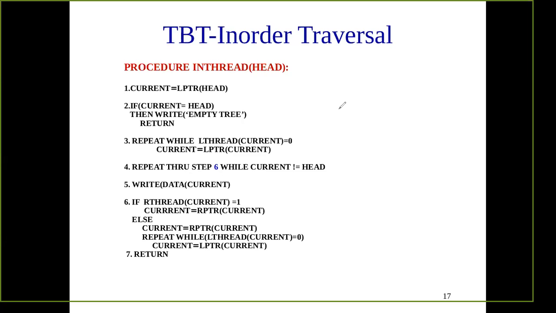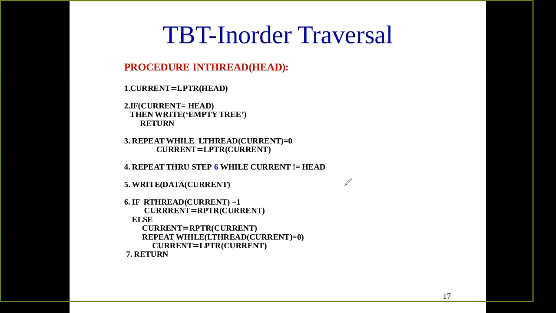So we are coming here, then we can print and we can go to the right side and continue the same thing. Now, what is this current equal to right pointer of current? If this right link is not the thread, that means something here we are having, some nodes. Suppose here we are having X, suppose again we are having Y. That means from this location, this is not the thread, we should move towards this. So simply, current equal to right pointer.